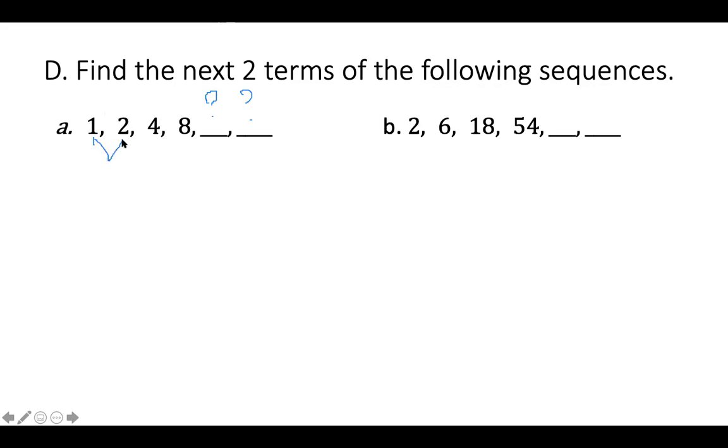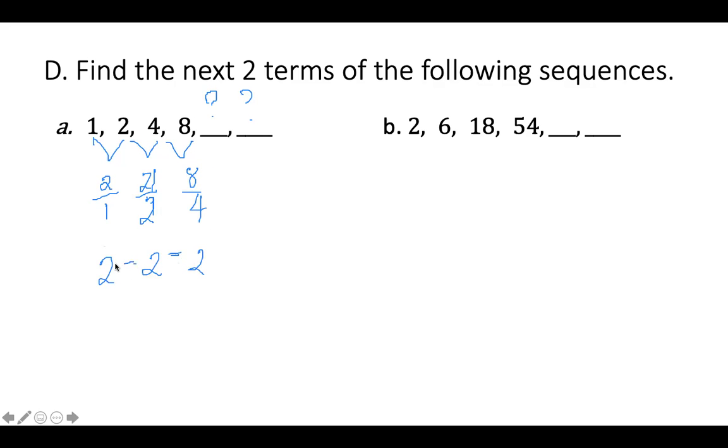So let's use one way to find the ratio. Let's use the second number as the numerator and the first number as the denominator. So this becomes 2 over 1. This one is 4 over 2. And this one is 8 over 4, right? The ratios are not equal at this moment, but let's simplify. So this becomes 2, 4 divided by 2 is 2, 8 divided by 4 is equal to 2, and all